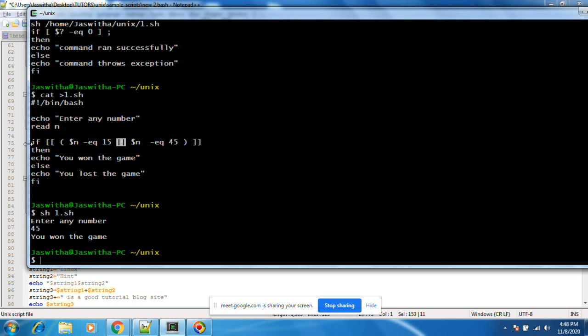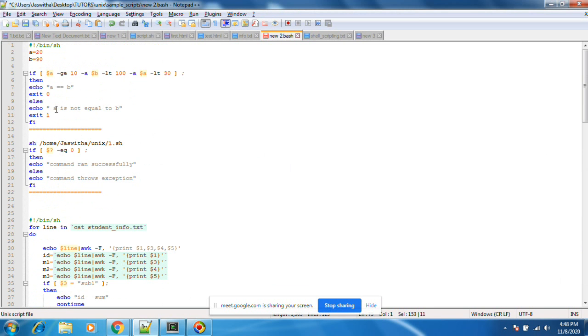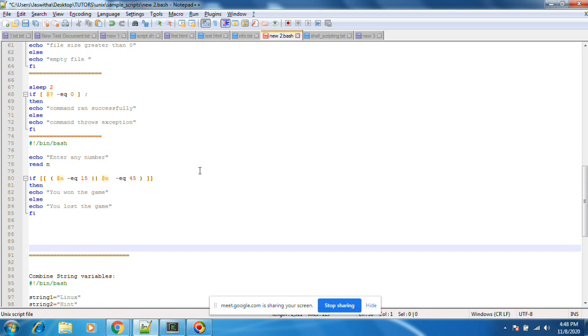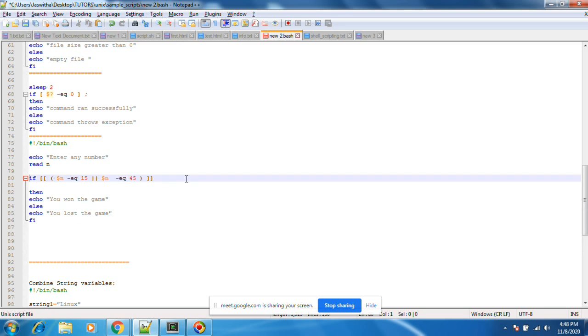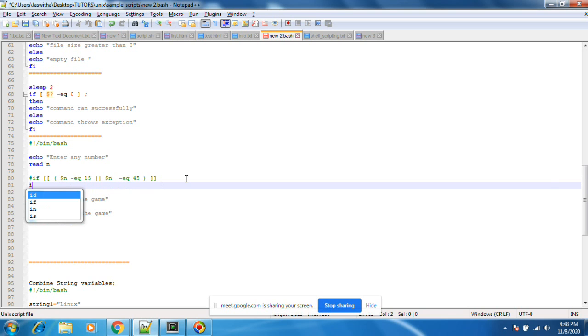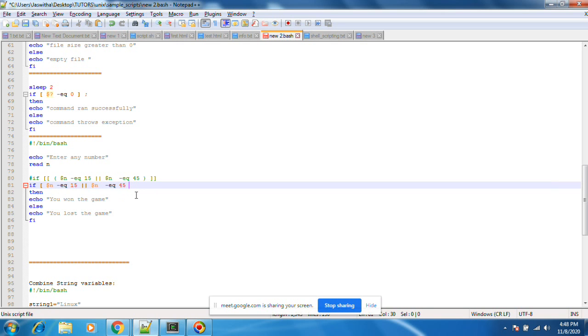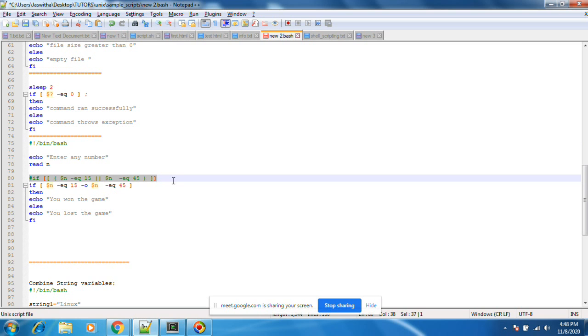How can we write the same thing like this? You can also write something similar. Let me write that if condition. This is a single line comment. If, I can keep it the same, and I am putting -o in between. This will also work. That is another way of writing an if condition. This is a comment, it will not execute.